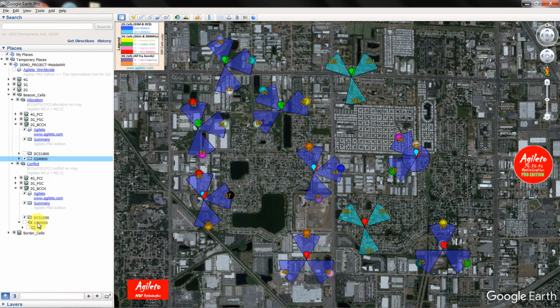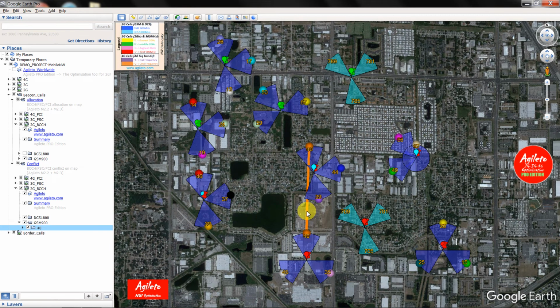The number 40 is going to be presented. If we activate